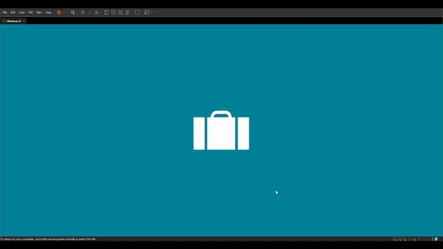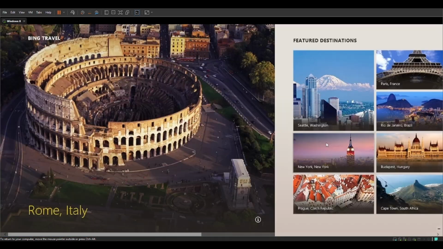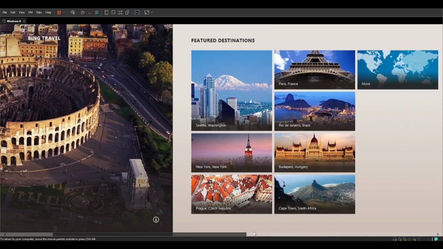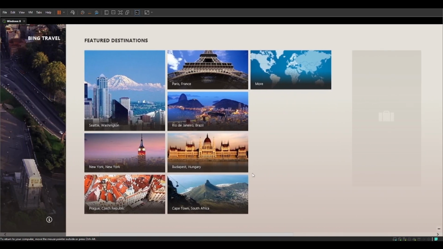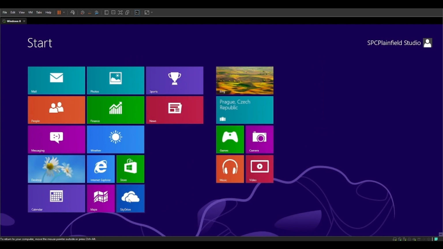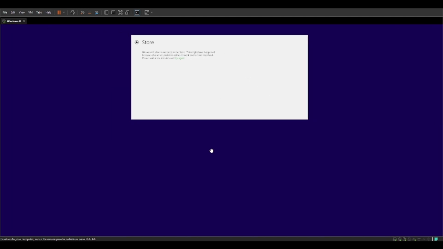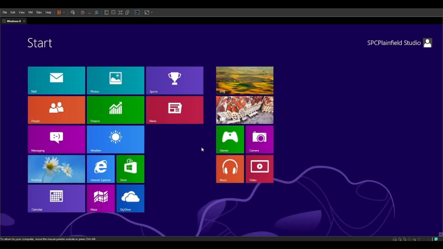So again, I explained everything about the Travel app. We'll give that a moment or so to load. It looks like it's already loaded. And I don't think any of this is going to work. So let's do Bing again, but unfortunately it does not open, or it doesn't load anything, probably because the servers no longer work. And then here's the final implementation of the Windows Store, which unfortunately no longer works